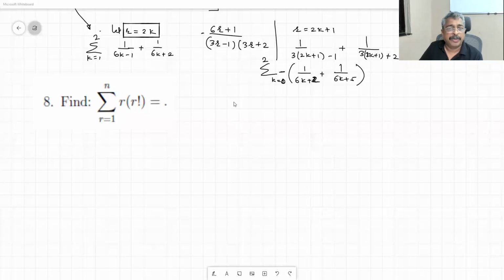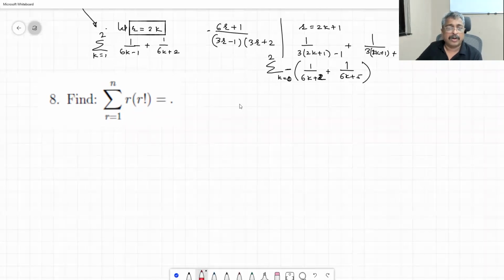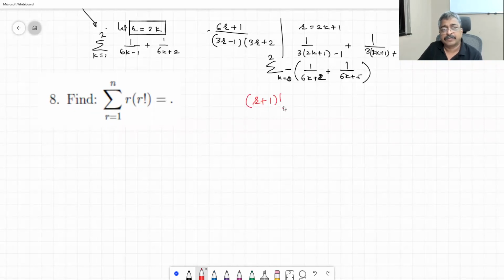The first trial that you should make is, if you have two factorials with a negative sign in between, what will happen to this? I mean, that experiment you need to do. This is the first problem, and therefore relatively easy. So, is this a telescopic setup? Yes. Put r is equal to r minus 1 in the first term, I get the second. So this is a telescopic sum, and there is a minus sign in between.